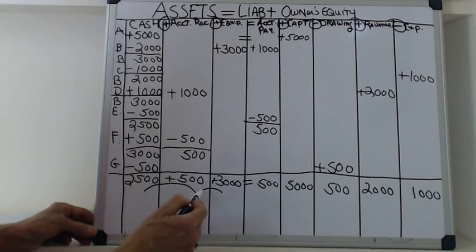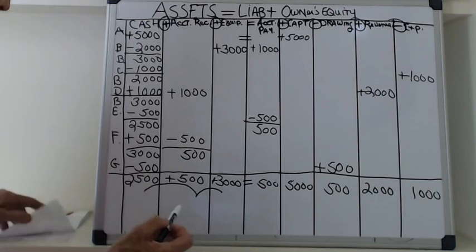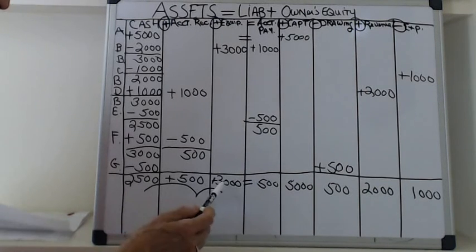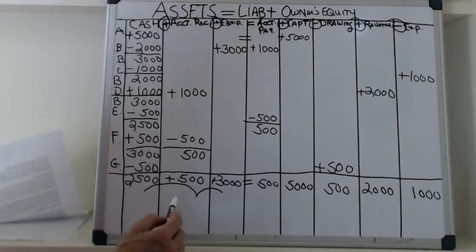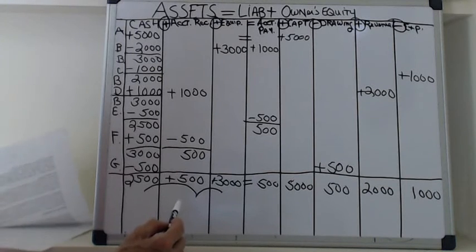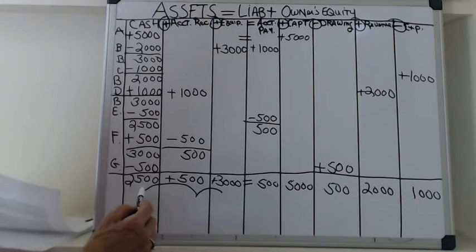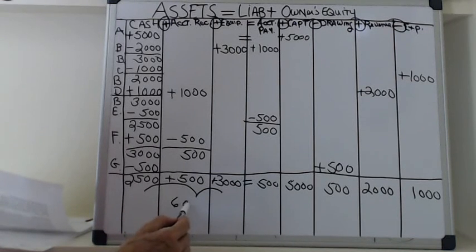So I'm adding these together. So I believe I'm going to get $5,500. Looks like $3,000 in cash. Let's hope I'm doing this. 2,500 plus 500 plus 2,500 plus 500 is 3,000. It looks like $6,000 in cash